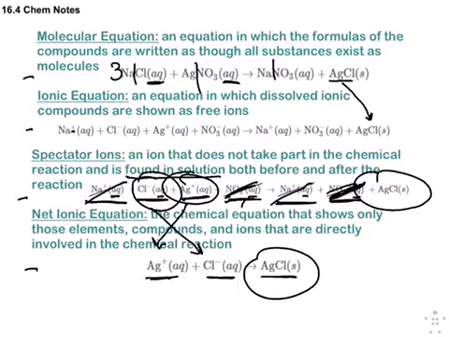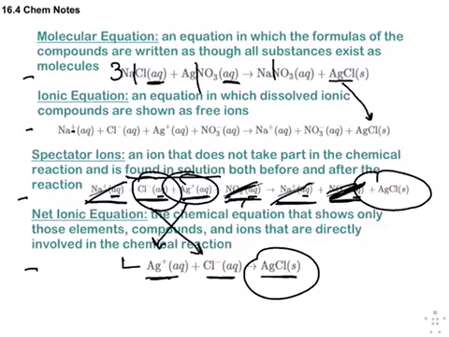Cora? Does it matter which element comes first in the reactant side? No, it doesn't matter. They can flip-flop. What is that math property? Is it commutative, where it doesn't matter? Like you could say 2 times 3 or 3 times 2. It means the same thing. It doesn't matter. Cl minus plus Ag plus is the same thing as Ag plus Cl minus. However,